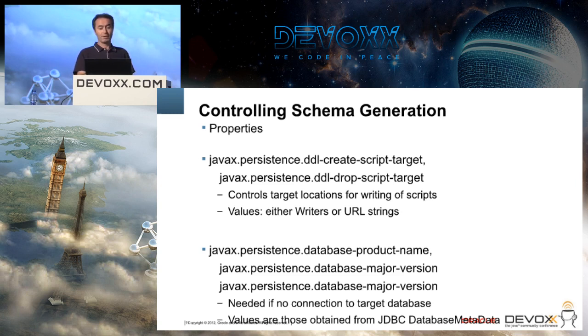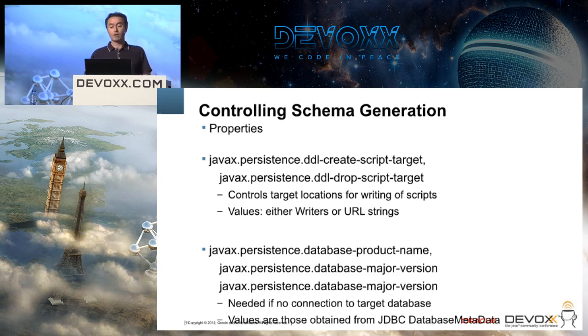Product name, major version, minor version. The spec actually says that these values must be equal to the values returned by the JDBC driver if you ask it. I don't know where that is in terms of the implementations. Certainly, we all know this in the past, right? TopLink and Hibernate, or EclipseLink and Hibernate, OpenJPA, all have their own names for their databases. Basically, they're dialects, right? So I know in EclipseLink we have Oracle, Oracle 10, Oracle 11, Oracle 12, and so on. I'm not so sure that's exactly the name the JDBC driver gives back,